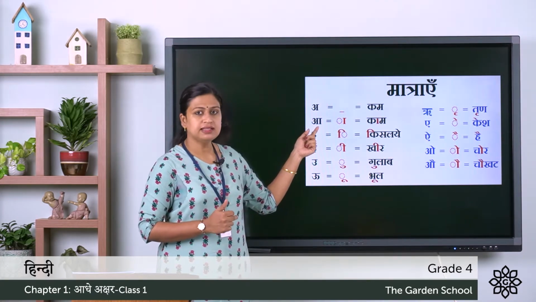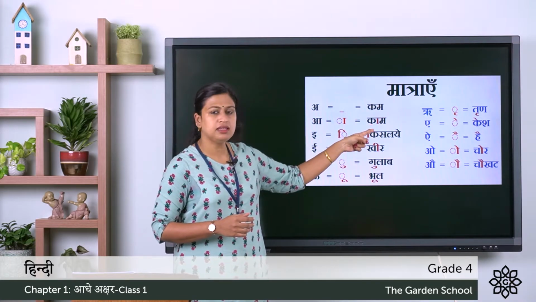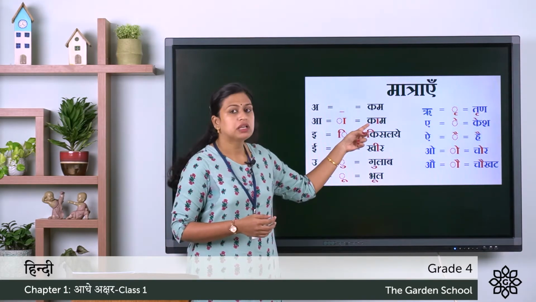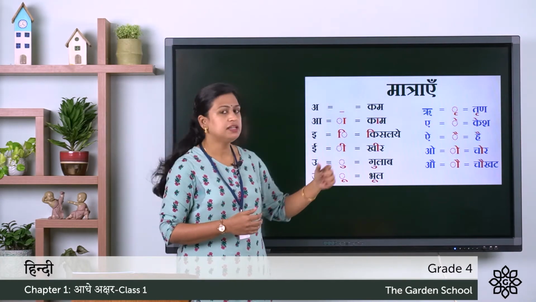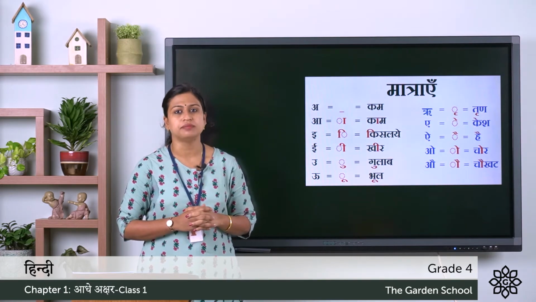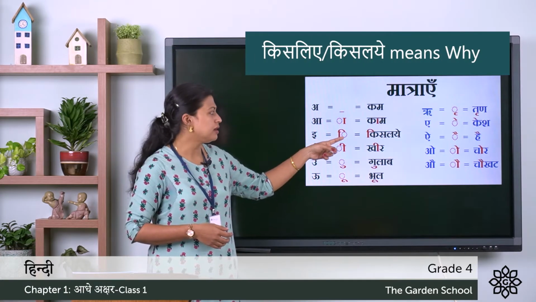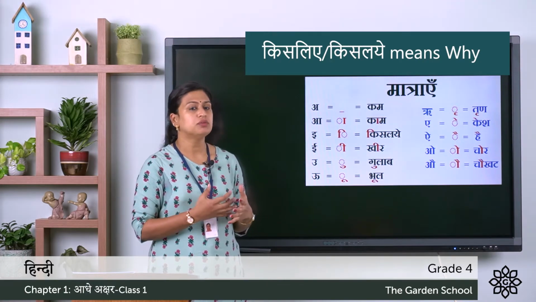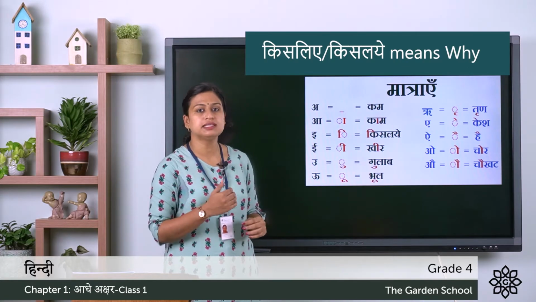And the second Swar Akshar is A. And this is A ki matra, and you can see here how we write this symbol with a consonant. Here Ka is a consonant and after Ka, which is marked in red color, this is the symbol for A and the word is calm. The next Swarakshar is E and this is E ki matra, and here you can see we write this E ki matra before Vyanjan Akshar Ka and we say it ki. The word is kis liye.